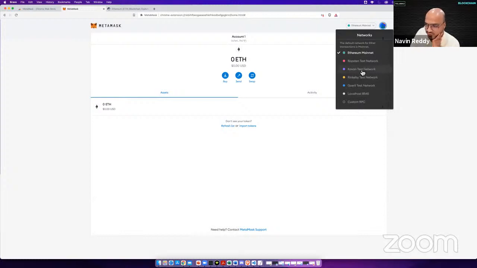You can use any of them. In my videos, I have used Rinkeby, but this time I will be using Ropsten. They're developed by different companies, but work in almost the same way. I guess they use proof of authority for the consensus. And then I was reading an article today, and